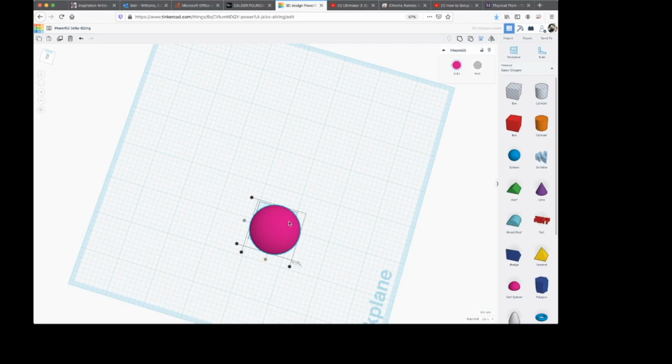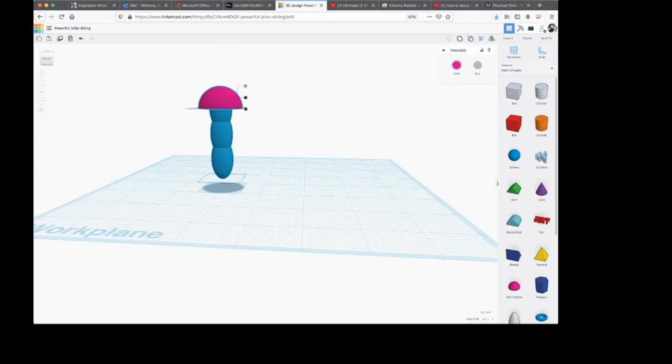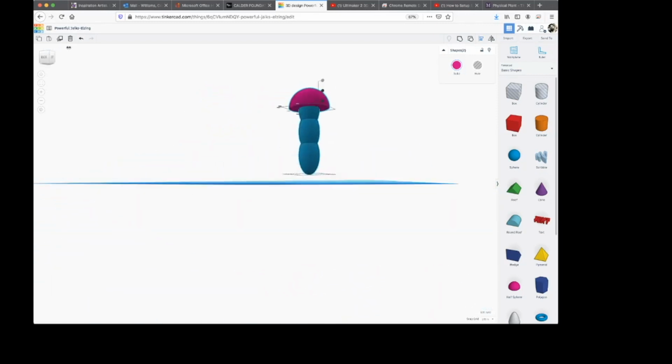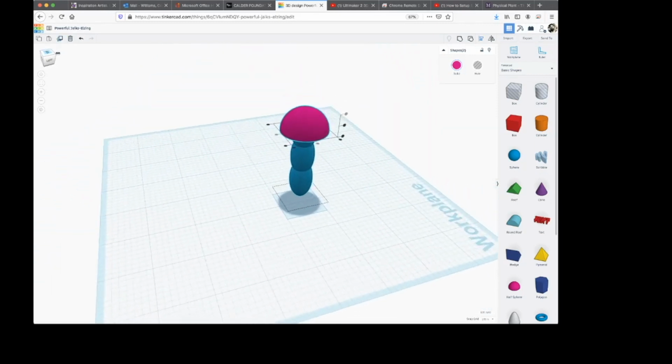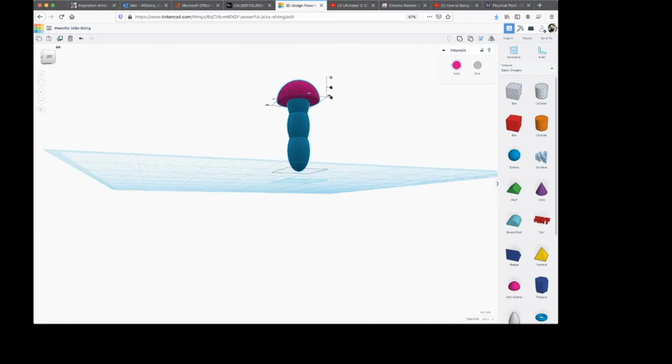Yeah, okay. So now they're aligned in the X and the Y axes, right? So I also aligned it in the Z axes, but that wasn't necessary per se for the shape that I'm trying to make. So it kind of looks like a little mushroom or something, right? I kind of like that. Maybe let's